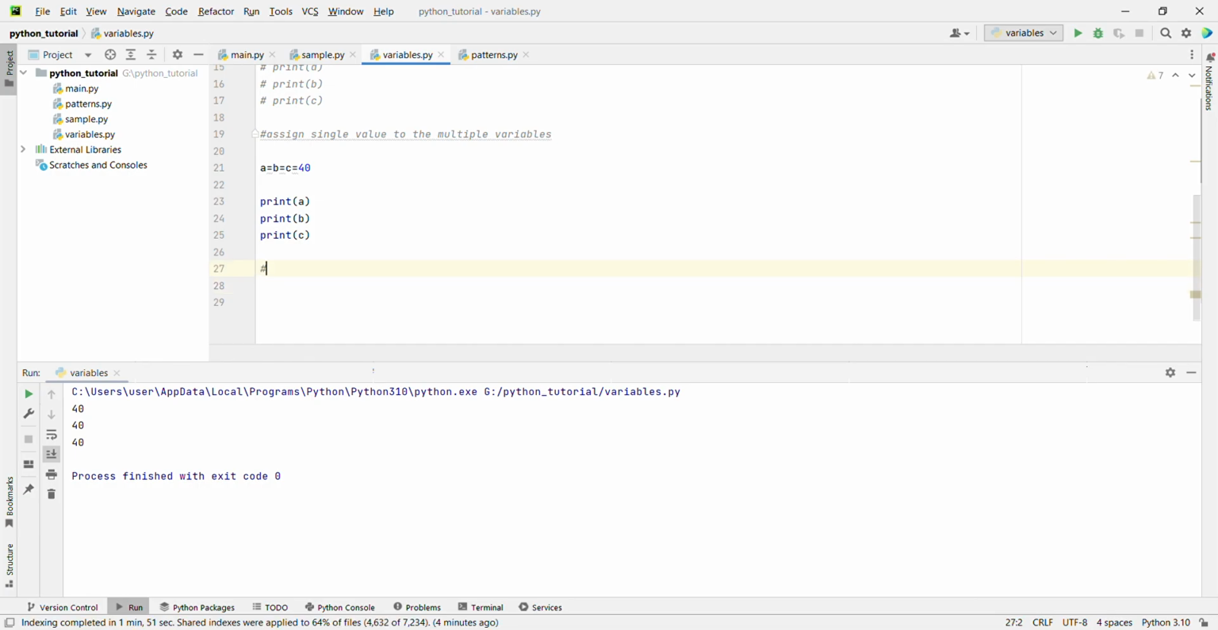And one more approach is declaring multiple variables and values in a different way. Here we can define the variable a = 20;